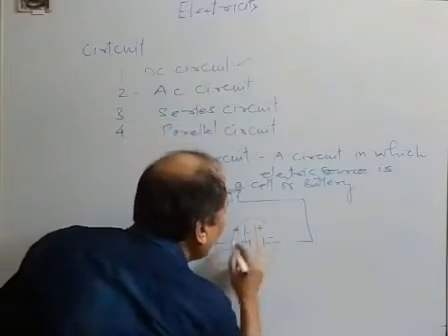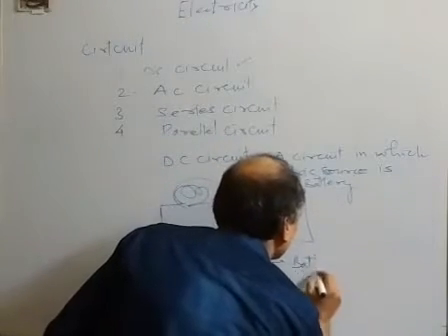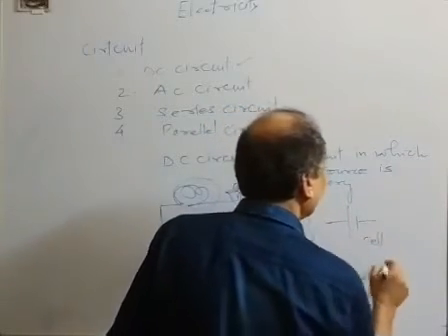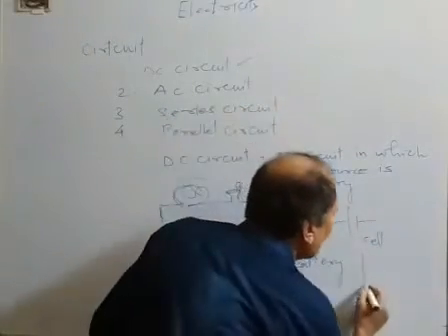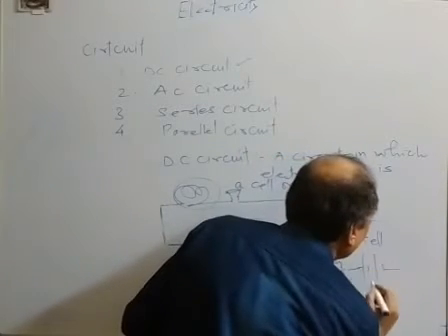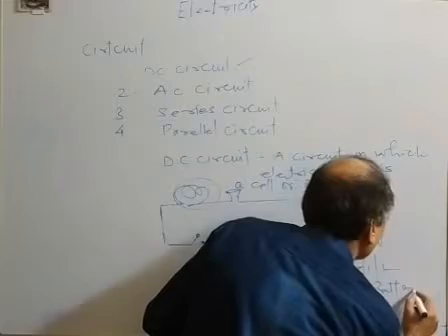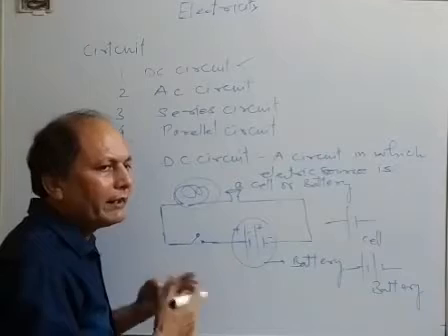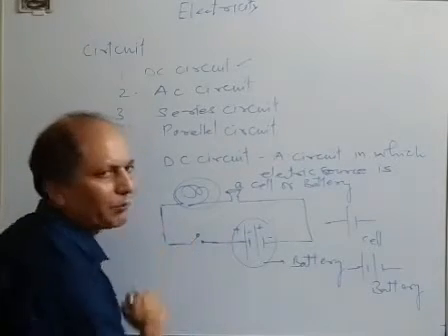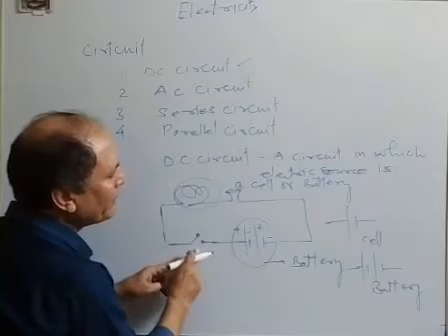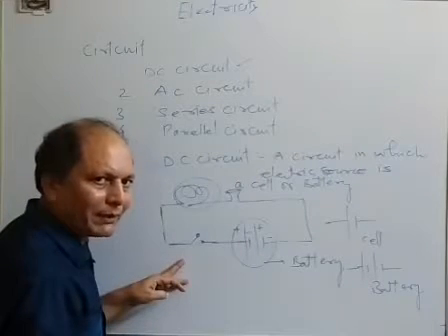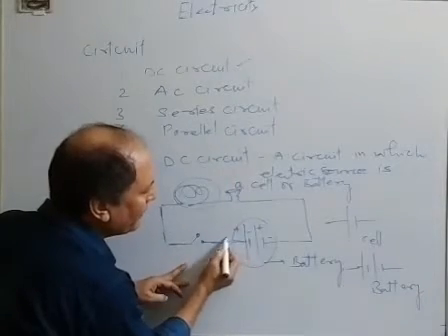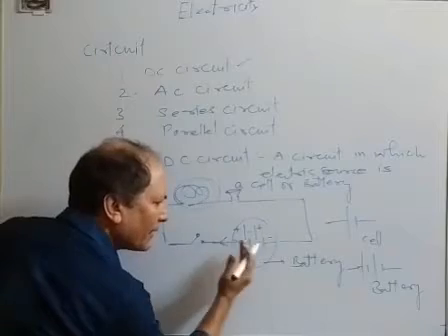Here this is the symbol of battery. It is the symbol of cell. But a group of cells is known as a battery. And in a battery, current enters the circuit always from the positive terminal. Suppose if you make the switch on, electricity supply will take place into the circuit from the positive terminal, means from this side, not from this side. It starts from this side.